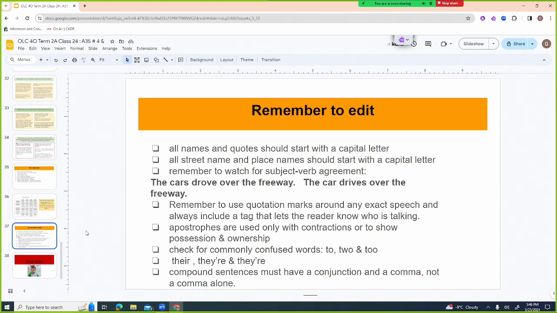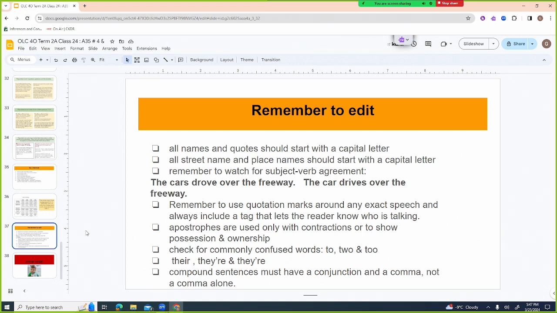Doctor, DR, would have a capital for the D. All street names or place names should start with a capital letter. Remember to watch for subject-verb agreement. That's when a plural noun has a plural verb and a singular noun has a singular verb. So the cars drive over the freeway, or the car drives over the freeway.